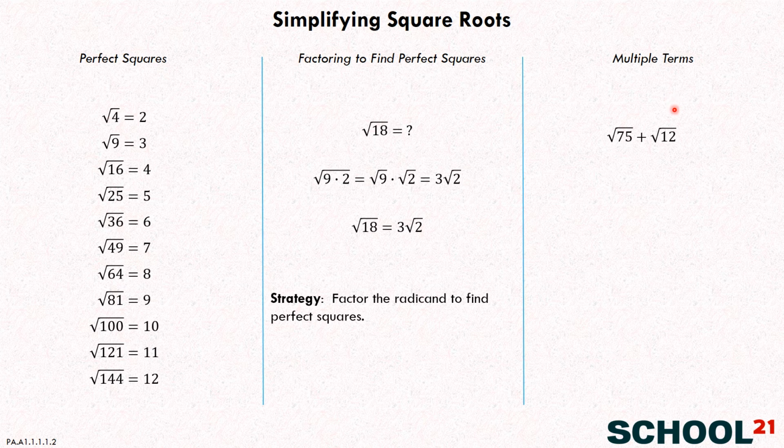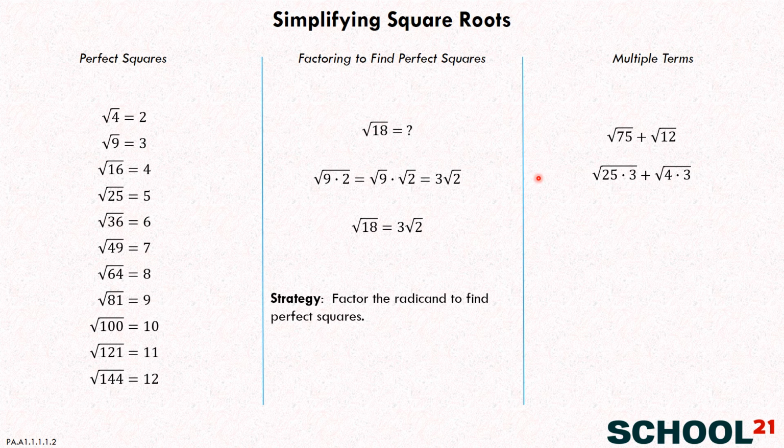Now let's look at this square root of 12. It's not a perfect square either, right? Can you factor that into numbers where at least one of them is a perfect square? 4. 4. And so 4 times what equals 12? 3. Okay. So 75 was 25 times 3, and 12 was 4 times 3, right? Yeah. Okay, so let's write that down. So here we have the square root of 25 times 3 and the square root of 4 times 3, each within their own radical sign, or square root sign. And that's a little like what we had over here with the 18 as 9 times 2, right?